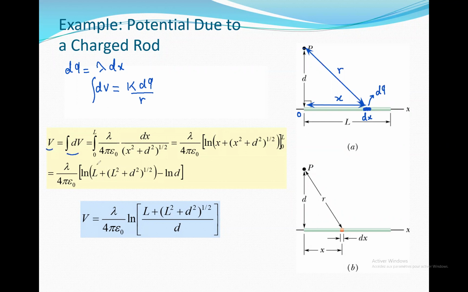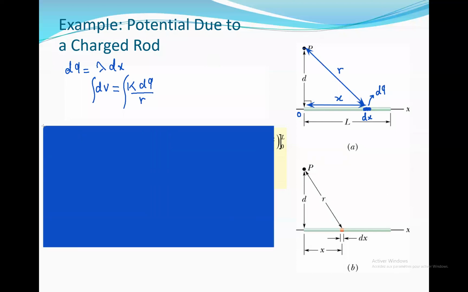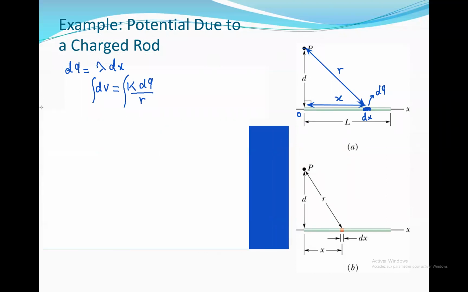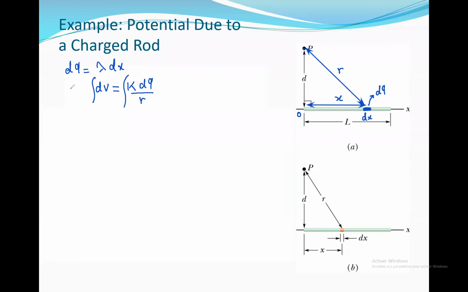So V equals the integral of k dq divided by r, and k is constant, so we can write k integral of lambda times dx divided by the distance. r is variable because each time we move dx along the road, r will change. So r equals d square plus x square,